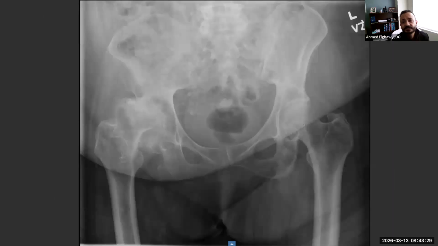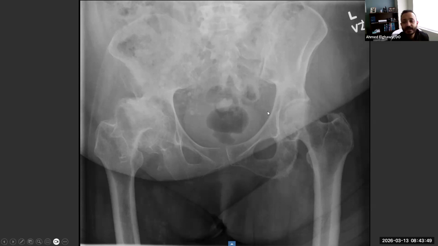Taking a look at the hip here, this is an old patient of mine who had a chronic injury to her right hip. She fell down many years ago and progressively started developing worsening right hip pain, and had difficulty even flexing and extending the hip. And when we got an X-ray, you could see that if you compare both sides,